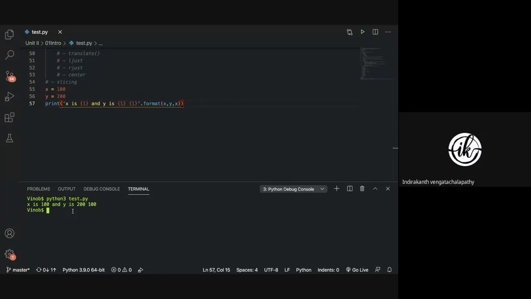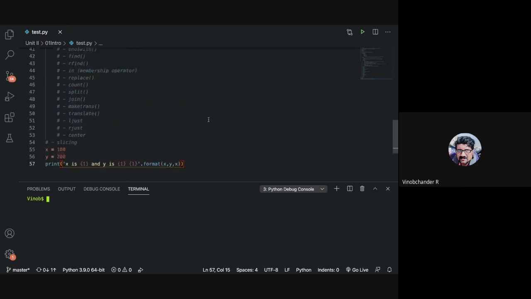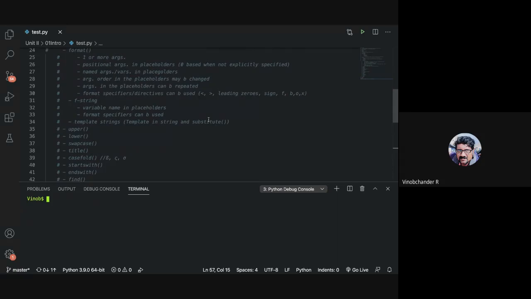So all are 100. All are 200, sir. All are 200, right? Am I right? Yes, sir. Okay. So you can have repetitions as well, depending upon what you're trying to print or output. So arguments in the placeholders can be repeated.